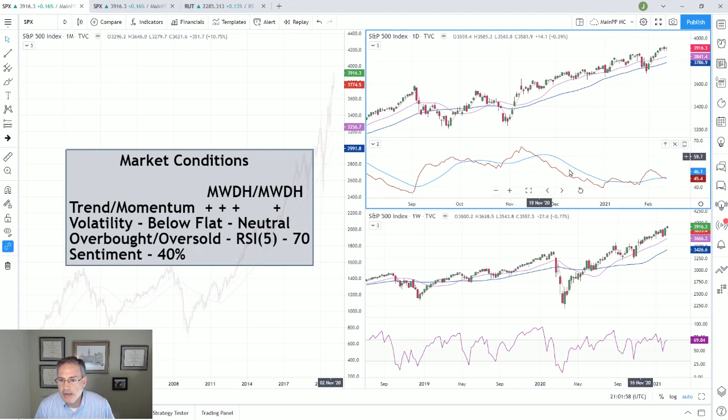You can see that, again, we had this declining ADX phase here, which is the period where the market was basically just climbing, making higher highs and higher lows without a lot of fanfare. There wasn't a lot of volatility associated with it. And those are the best conditions, really. Then we started to see a little bit of a bump, and we've had sort of this choppy action somewhat.